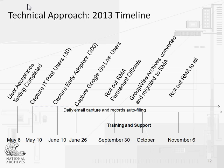So, in early May, we did user acceptance testing, and we selected a group of IT pilot users, about 30 people. They were mostly people that were involved in the IPTs, that were involved in working through requirements and all that. They were our power users. By June, we had a group of early adopters, mostly volunteers, about 300 people, and they were actually part of testing their Gmail, and we rolled out the Gadget to everybody, and we tested our guidance on them, and got feedback from them, adjusted our guidance, and by the end of June, we had everybody else ready